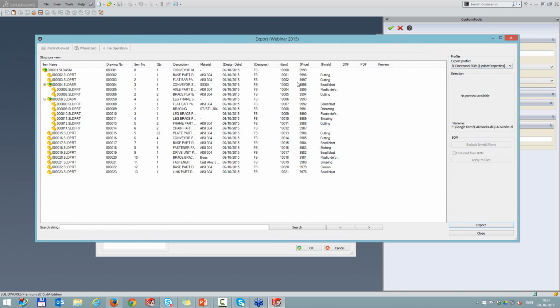And if everything went fine, we have François Simon as the culprit designer. If anything goes bad, we will blame the French guy. And we have the item and the price added as well. So now we can do an export if required. Just leave it alone. But everything is in my file now.